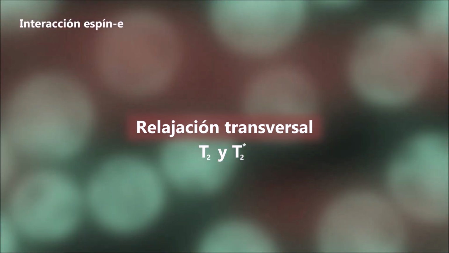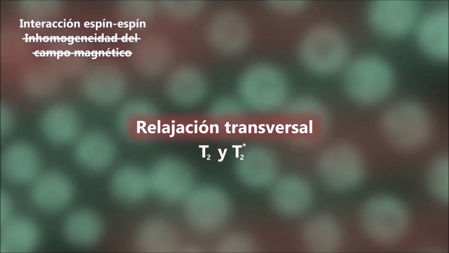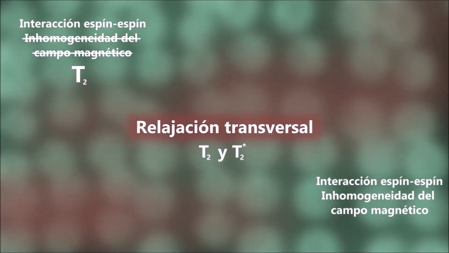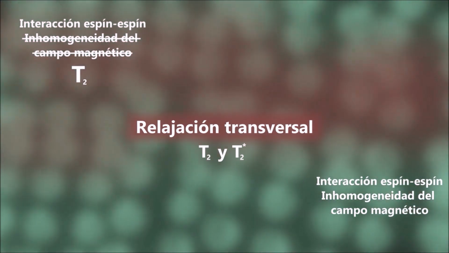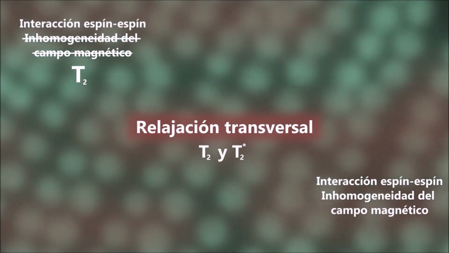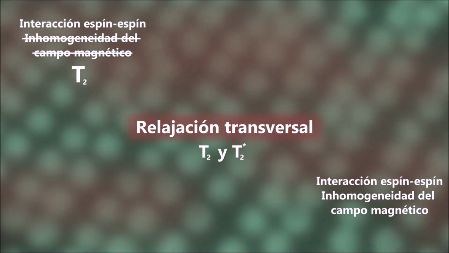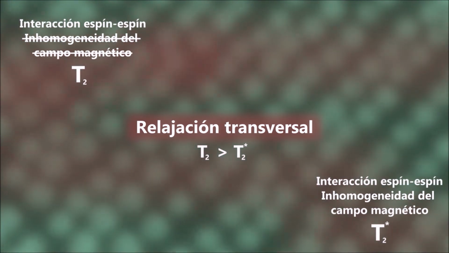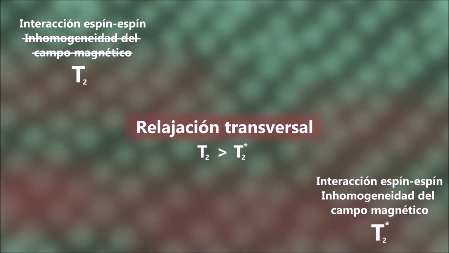When the transversal relaxation depends only on the spin-spin interaction because there is no inhomogeneity of the external magnetic field or because it doesn't affect it, we will work with the time T2. When the spin-spin interaction and the inhomogeneity of the external magnetic field simultaneously participate in the transverse relaxation, then we will work with the T2 asterisk. This will mean that T2 asterisk will always be shorter than T2, since the influence of both causes a